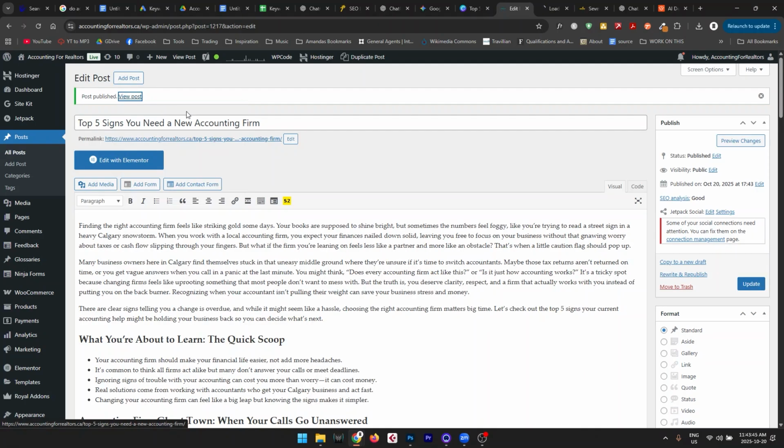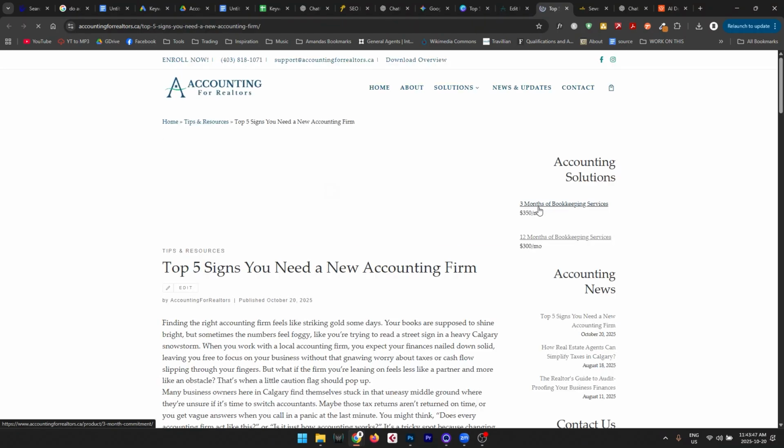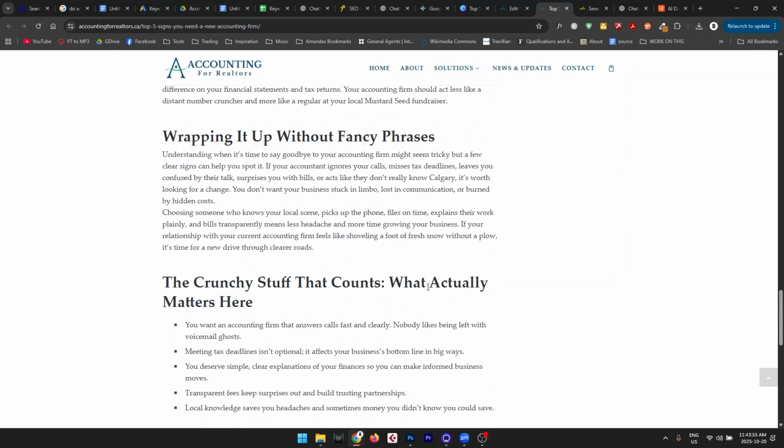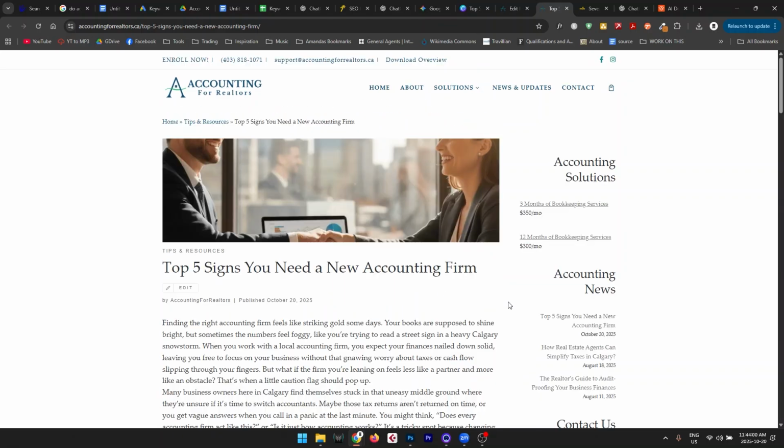Let's go take a look at what that looks like now that it's published. You'll see it's nicely formatted. It checks off all the boxes. We got a nice little table there, a couple of lists. So this article here will start to generate some traffic over time. But to give it a little bit of a head start, you might want to also publish this on social media. Now, instead of trying to copy and paste it a million times into all the different social media platforms,